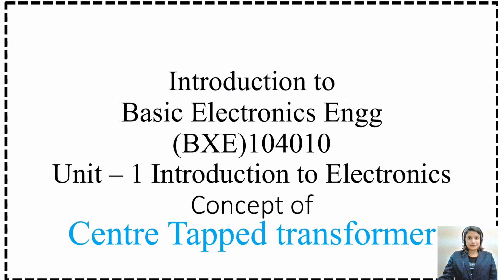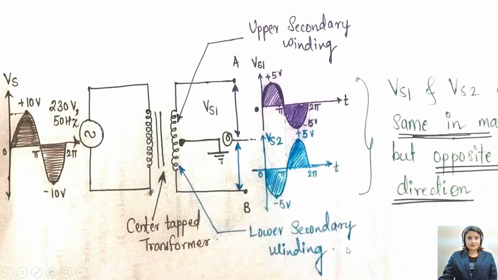In this video, we are going to see a very small concept of center tap transformer. See, this center tap transformer is required in a full wave rectifier circuit because for one transformer you can connect one diode. But in a full wave rectifier circuit, we require two diodes. So, for connecting the two diodes, we need two transformers, but the two transformers will make the circuit bulky. So that is why we have used here a center tap transformer.